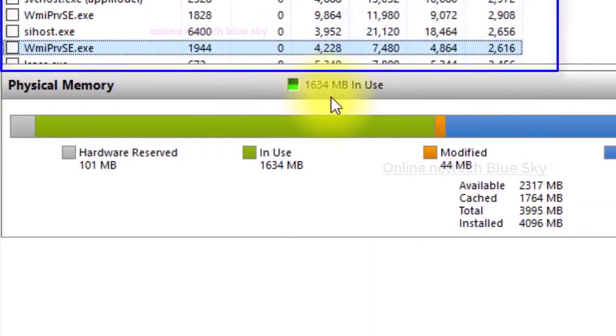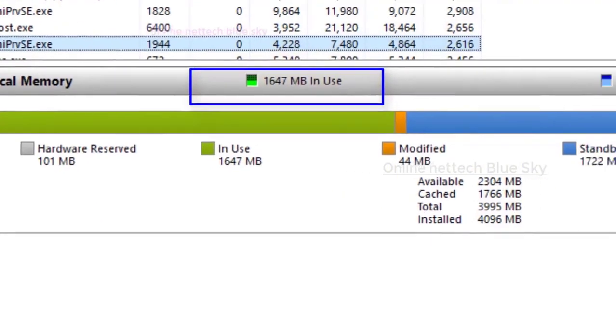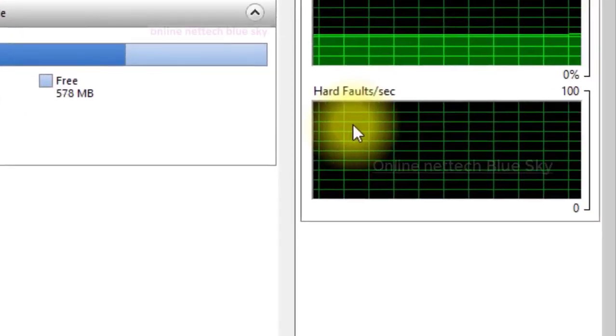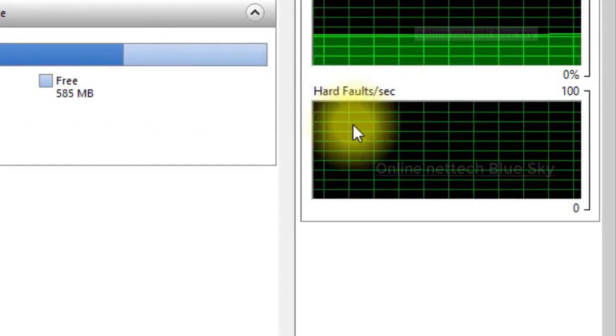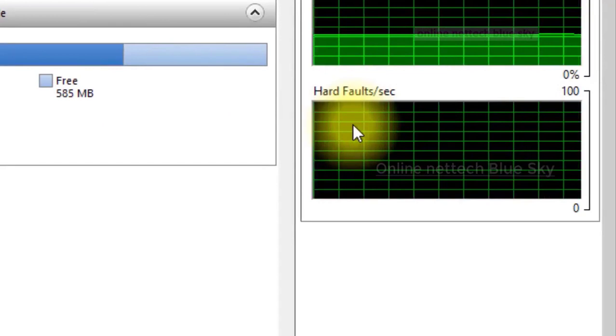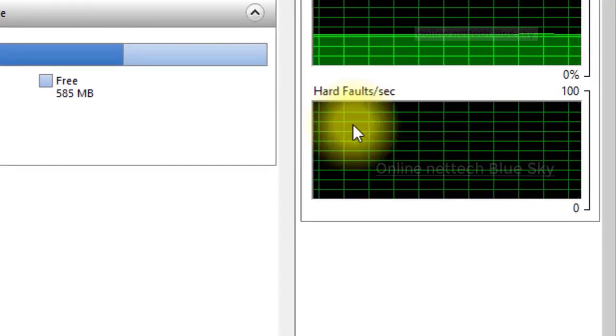Here you can see my memory used in my computer. My computer is already using a total of 4 GB, with many hard faults. Hard faults are counted in seconds, because sometimes some features may not work perfectly, maybe a fault.